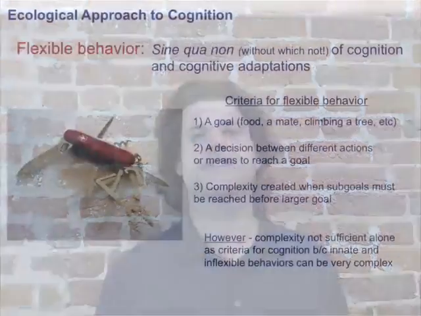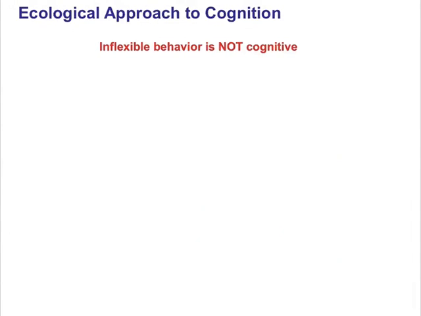And that's again because there are innate behaviors that many animals express that can be very complex. Think about termites building termite mounds, or the different ants that have so many complicated behaviors, but they're not particularly flexible. So thinking about inflexible behavior, and defining what is not cognitive, helps us think about what is cognitive,